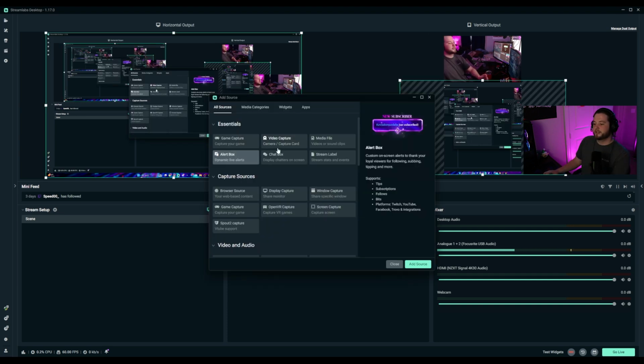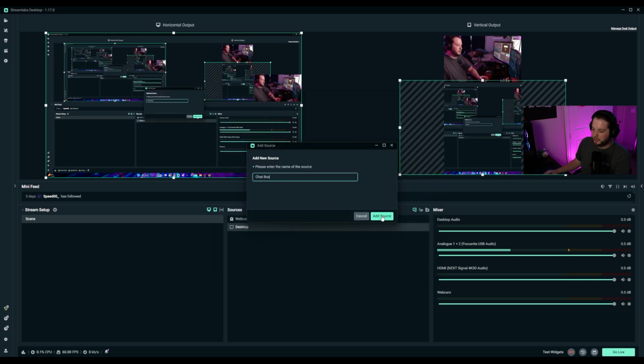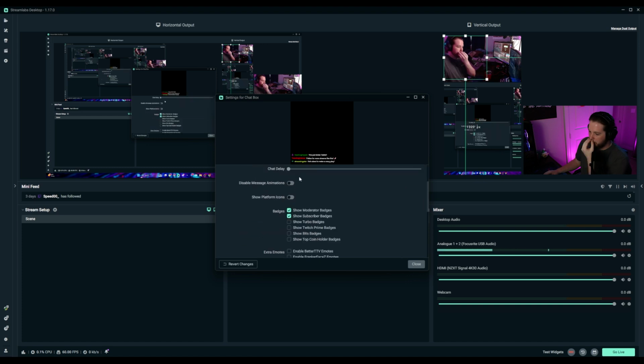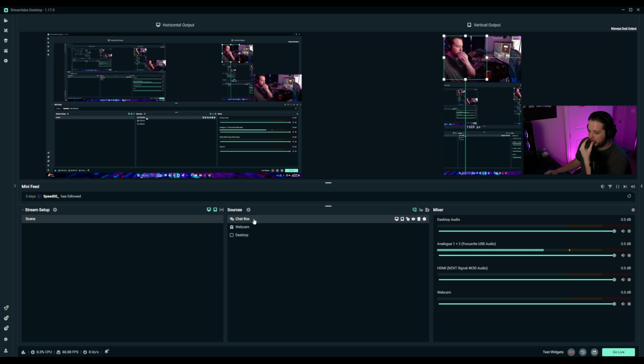So next thing we're going to want to add is our chat box so that when people talk in our chat, it pops up on screen just as another fun element to it. So click on add source, chat box. I'm just going to call it chat box. Theme. We'll leave it called Twitch. You don't need any kind of delay. Pretty much just leave this as set and then close that. And you can see our chat box is over here. Let's go ahead, let's place this over the webcam on the horizontal screen. Get a little smaller, boom, place over the webcam, and then we'll leave it kind of right here on the